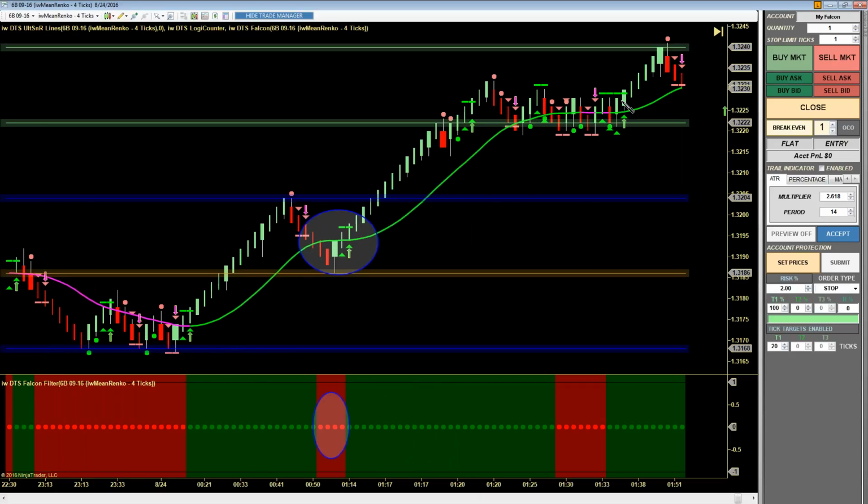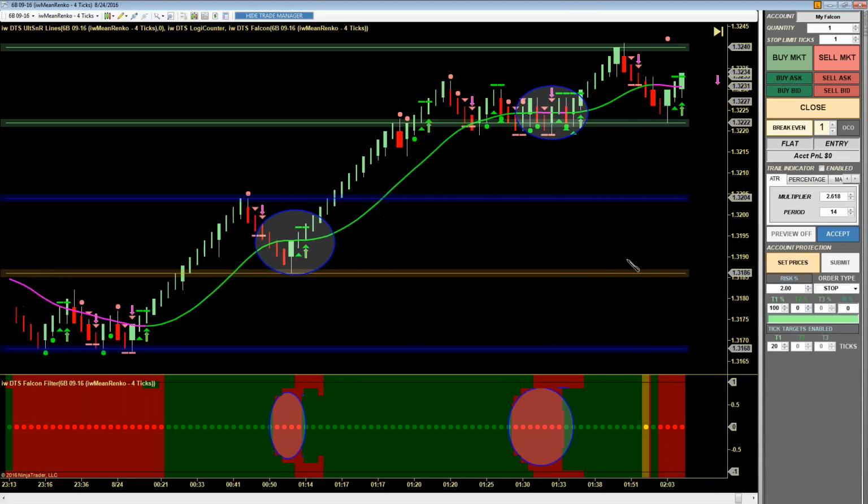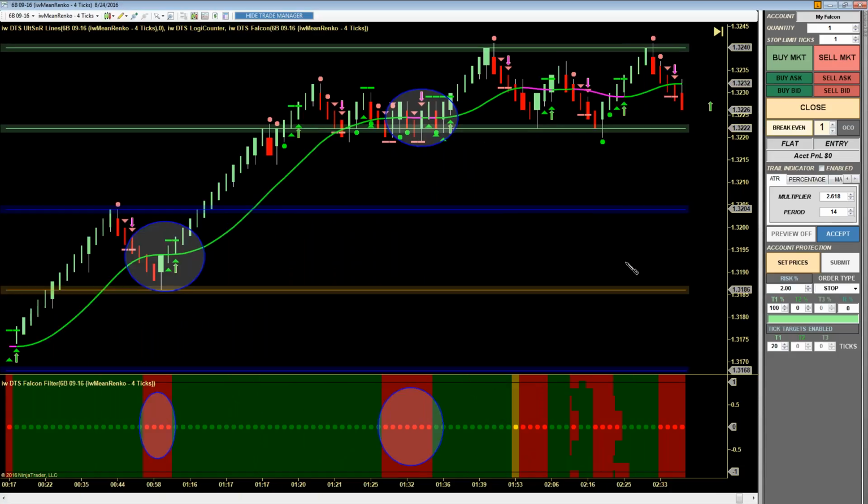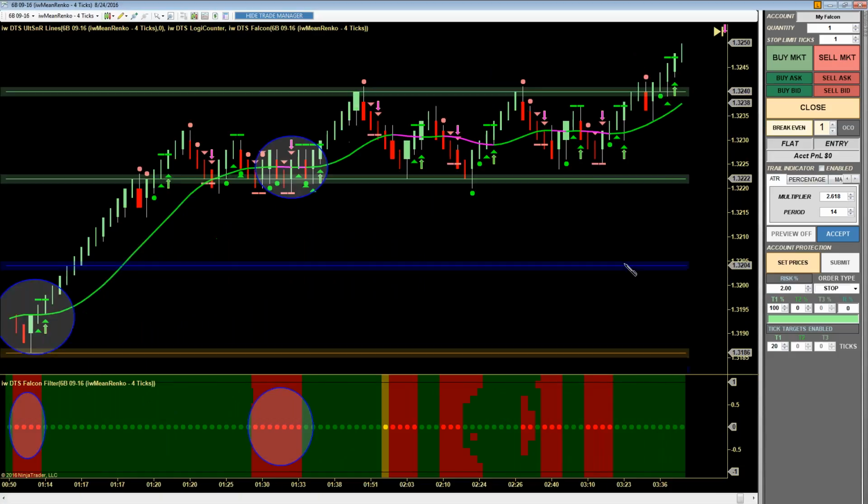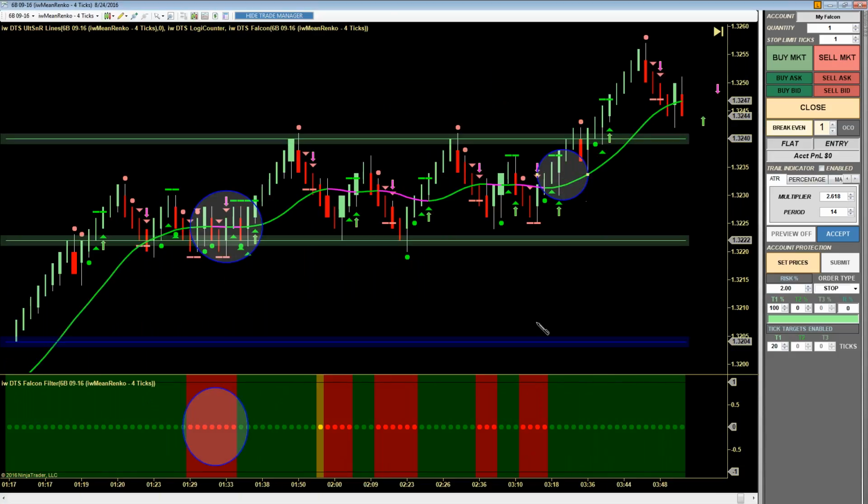Couple quick little trend change signals through here. The market did go out of sync for a bar or two. You may have chosen to ignore that and treat it as a rather large late filter entry signal. I'd be okay with that, especially given the trend that the market's in. And it kind of flip-flopped you a little bit, came back with another trend change signal right there. So you had a couple opportunities on the Falcon as well